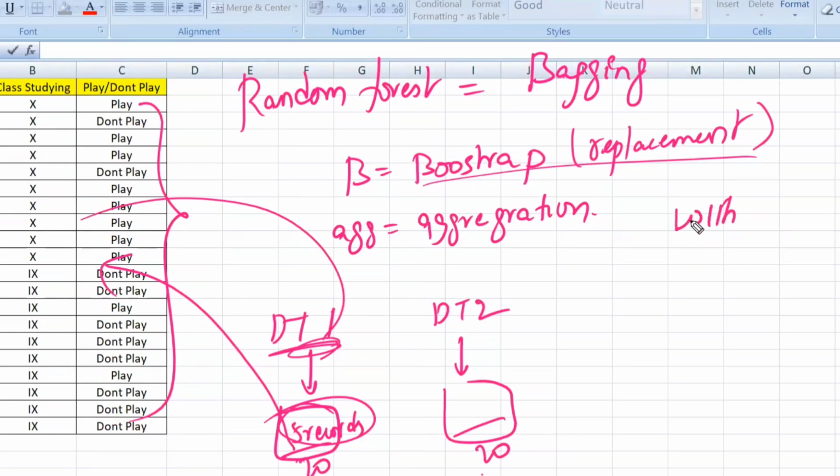The data is getting replaced. For example, you can also create it without replacement. Bootstrap is one of the hyperparameters within the random forest.